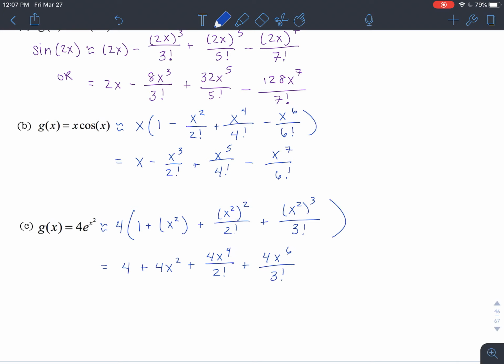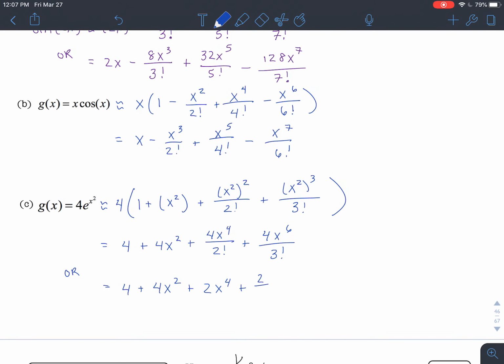So that's going to equal 4 plus 4x squared plus 4x to the 4th over 2 factorial plus 4x to the 6th over 3 factorial. If you really wanted to, right, you could simplify it. You don't have to. We have 4 plus 4x squared plus 2x to the 4th